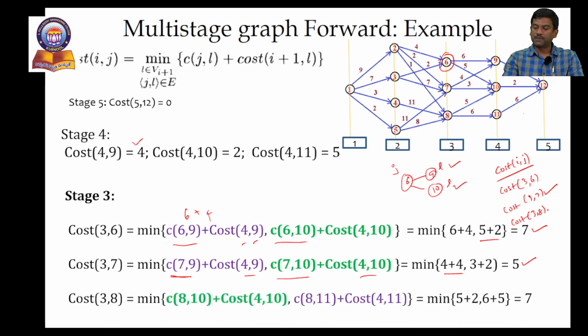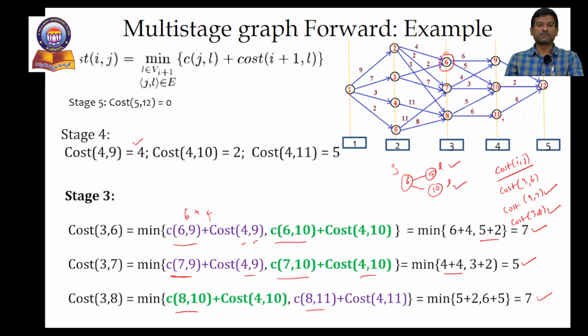The next one, cost of 3 comma 8 has to be found. Cost of 3 comma 8 is given as min of c of 8 comma 10 plus cost of 4 comma 10, that is from 8 we can reach 10, and from 8 we can reach 11. So there are two parts, c of 8 comma 10 and c of 8 comma 11. Replace the values of cost of i plus 1 comma l with the respective values, and you get the minimum value